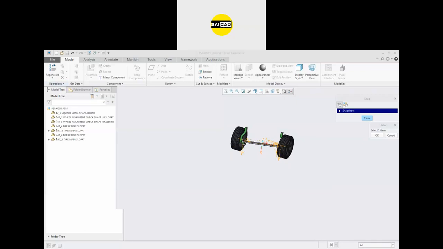I'm going to show you some different options, a different assembly. Wait for a few seconds.